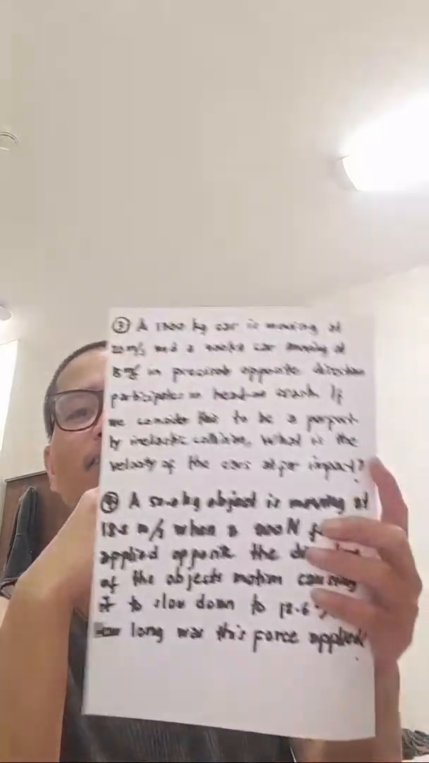Okay, I will read. A 1,300 kilogram car is moving at 20 meter per second, and a 900 kilogram car moving at 15 meter per second in precisely opposite direction participates in a head-on crash. Head-on crash is a collision. If we consider this to be a perfectly inelastic collision, what is the velocity of the cars after the impact? So here, we are very lucky, guys, because it was mentioned perfectly inelastic collision that we will use the